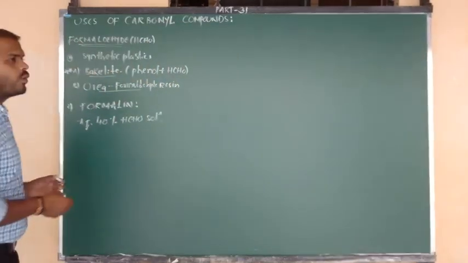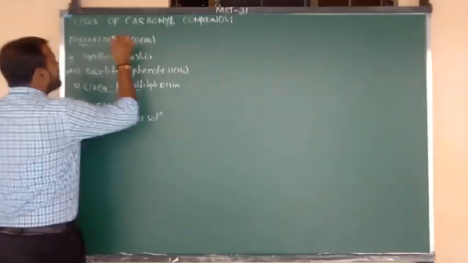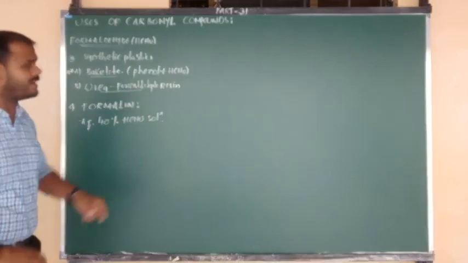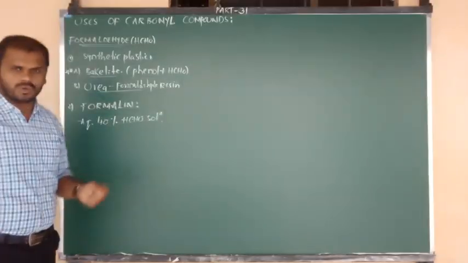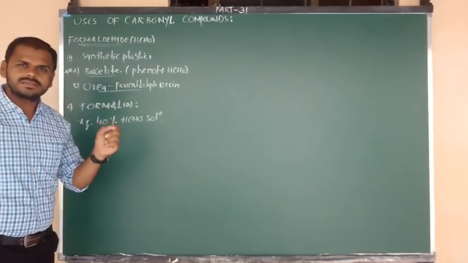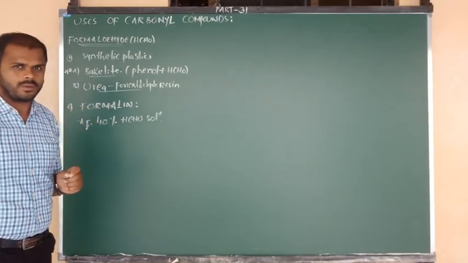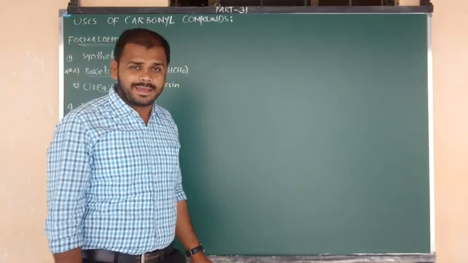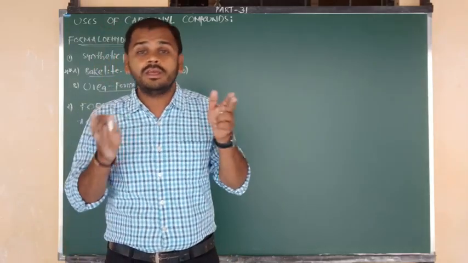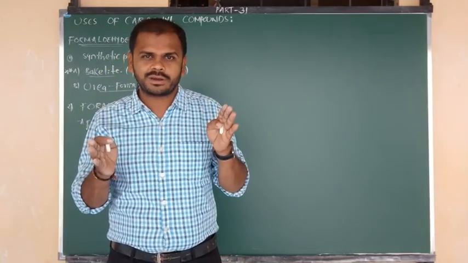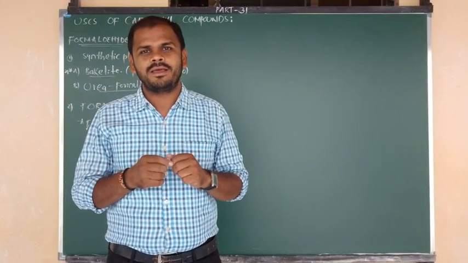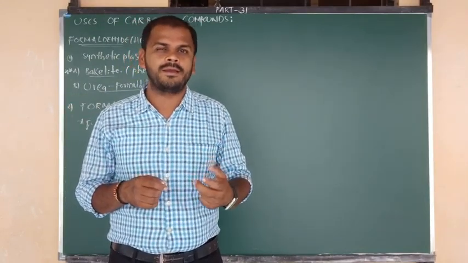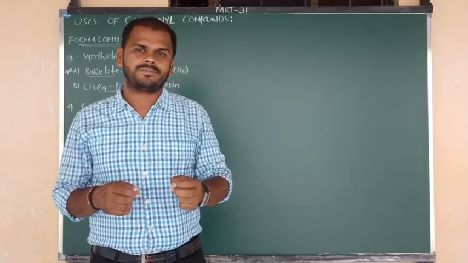First of all, here I am going to explain about formaldehyde. Sir, what is the formula of formaldehyde? HCHO, or simply you can say CH2O. One of the best uses of formaldehyde is that it can be used in the manufacture of polymers. Polymers making में use करते, beta. Especially we can prepare synthetic plastics.